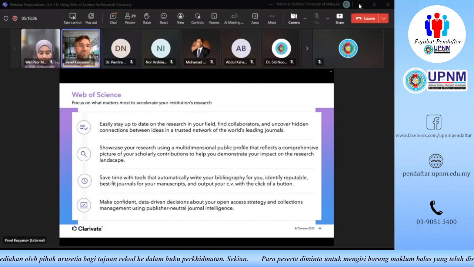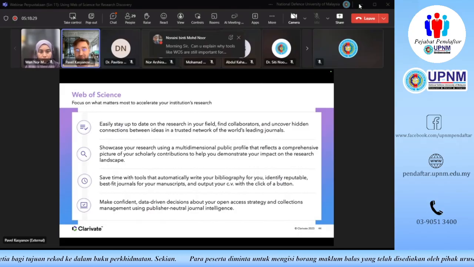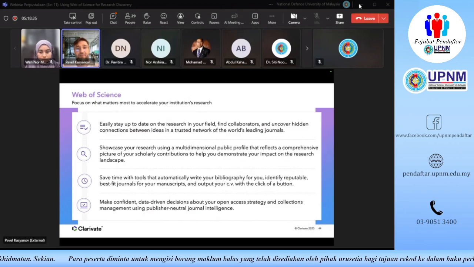I'm just trying to say that what we worked with today is to run topical searches and find what's being written in your subject area, find who to work with, find the connections through the citation links between the documents. We've worked with the researcher profile, and I tried to show you how to claim them and how to prove your track record. We haven't talked a lot about how to form a bibliography from Web of Science records, but in case that's interesting to you, I can also show that to you.